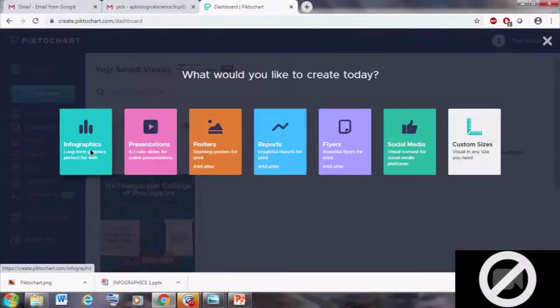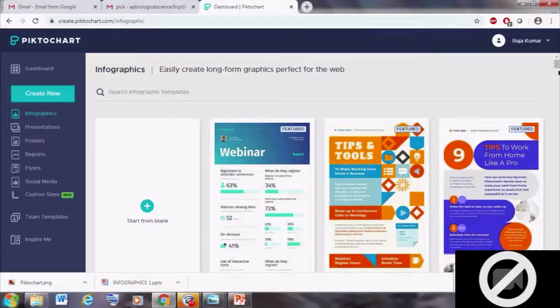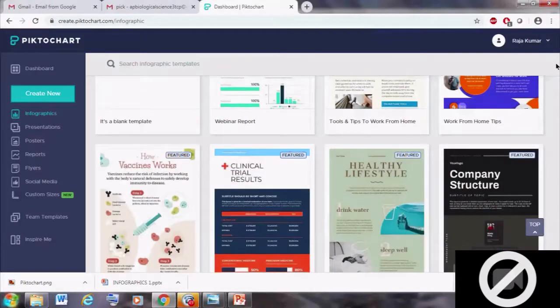What would you like to create today? So it is infographics. So click infographics, and we can use some infographics.